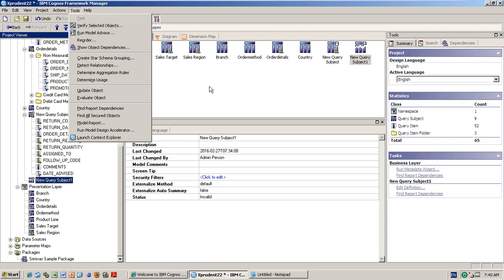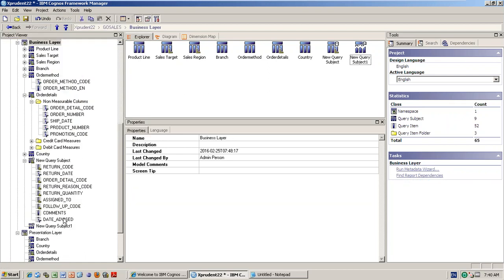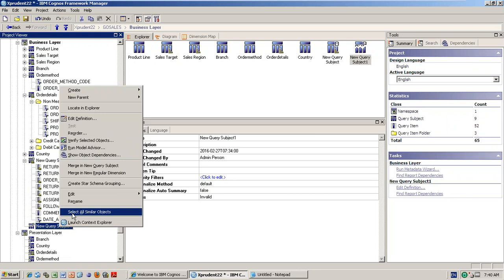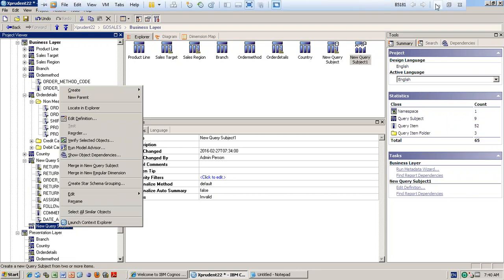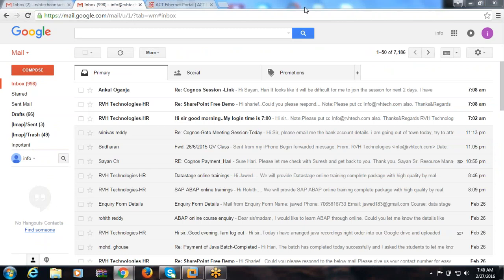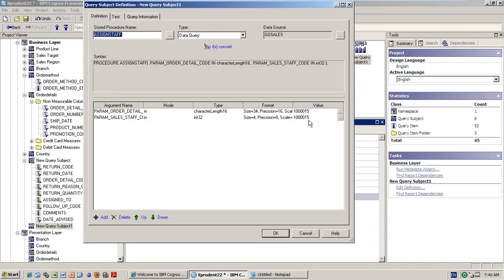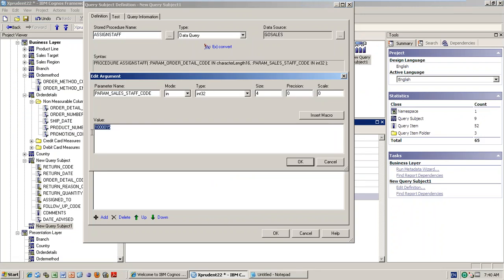Sir, the new query subject. Yeah, new query subjects. Yes, please. Sir, in the new query subject, why is it broken like this on the top? That's the reason I told you, right? Because I don't have the proper name here, which we are creating now. Maybe the other detail code I gave correct, but the staff code, whatever they mentioned, maybe an integer or something, right? So I didn't give the proper value actually, maybe 4 or something.